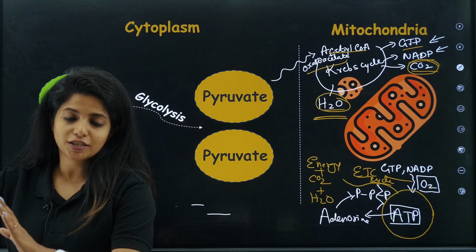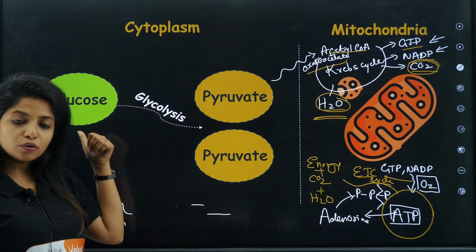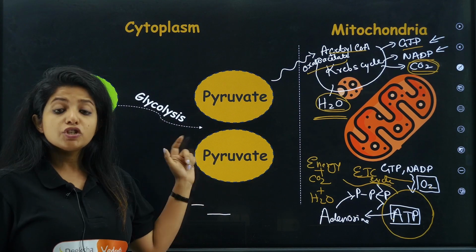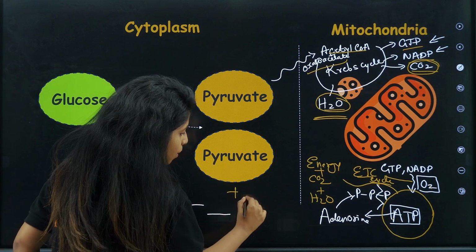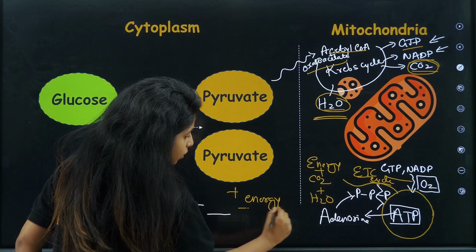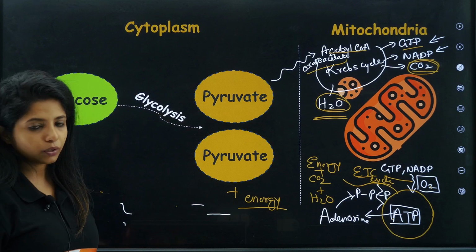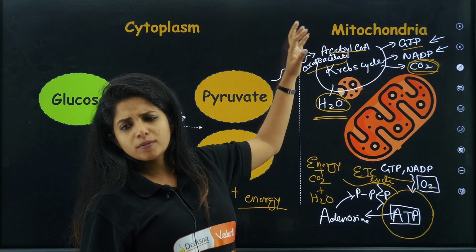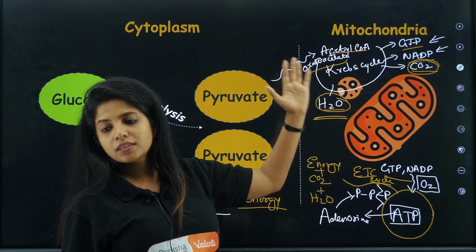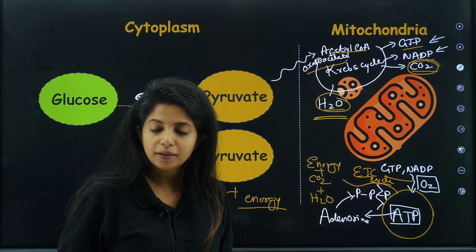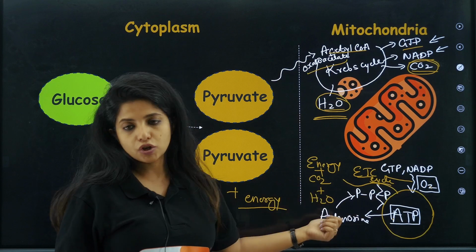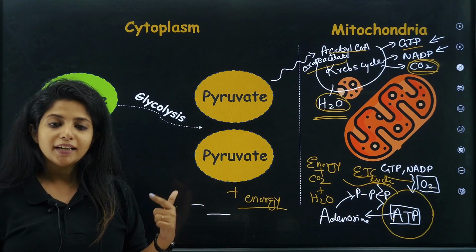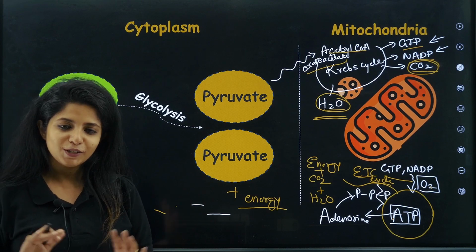So the whole process of energy breakdown includes: glucose gives rise to two molecules of pyruvate. Here also some amount of energy is being produced. Please remember that also. Then later some pyruvate gets inside, forms acetyl-CoA, then the whole reaction happens, and at the end you get ATP, my dear children, along with CO2 and H2O. This is the CO2 that you breathe out. I hope you got it.